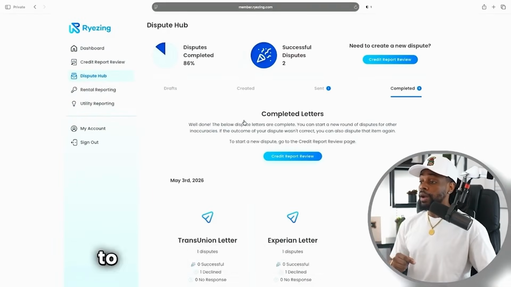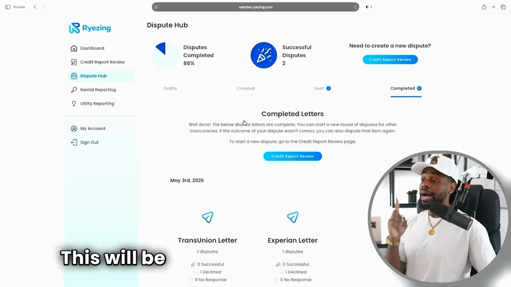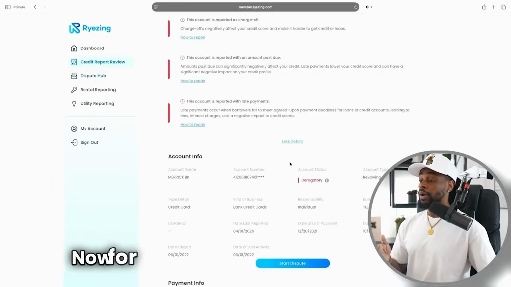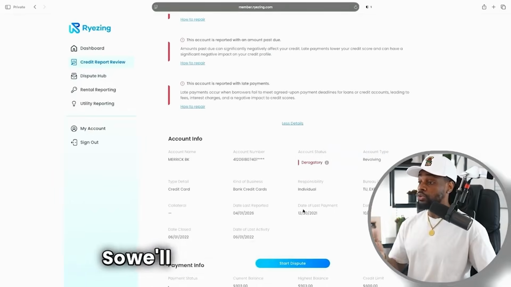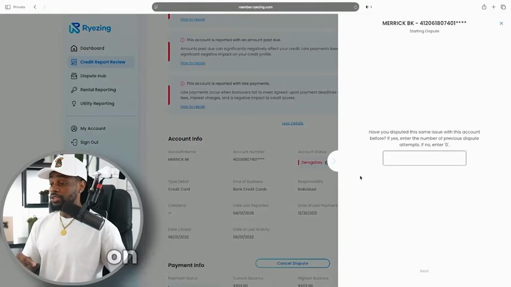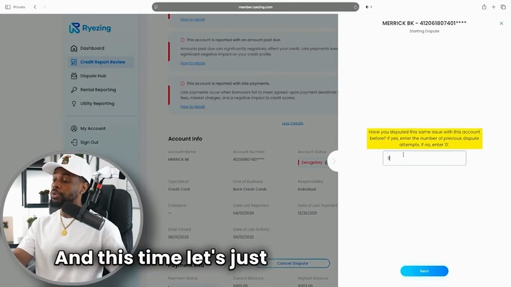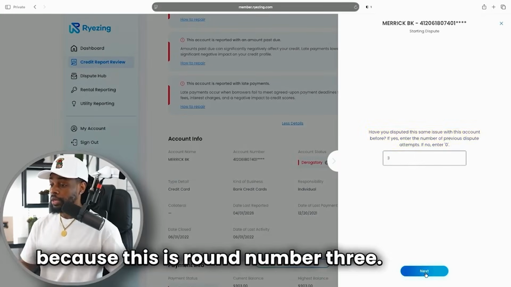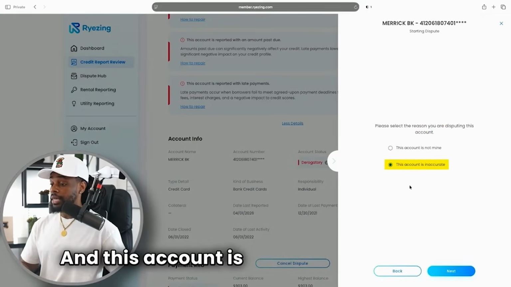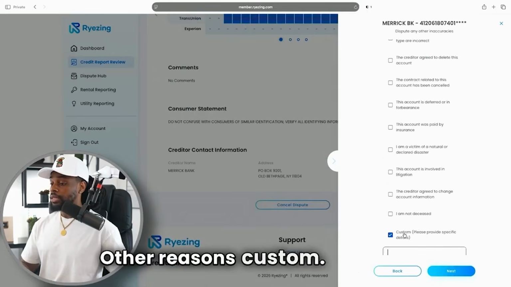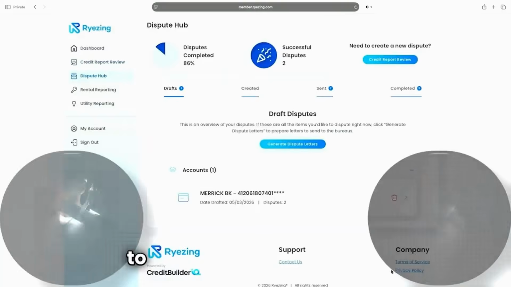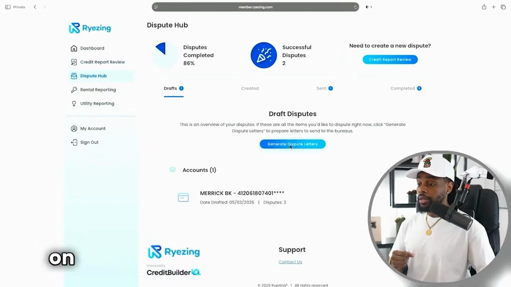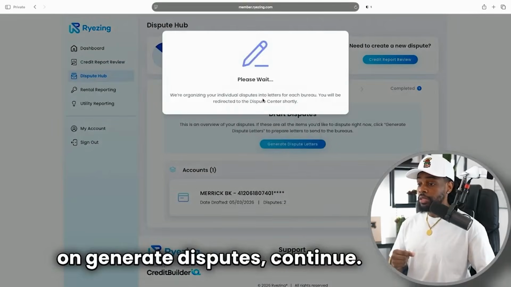Now let's move on to round number 3. This will be our factual dispute. Now for round number 3, this is when you should be looking at getting some deletions. So we'll do everything once again. We'll click on start dispute. And this time, let's just put 3, because this is round number 3. We'll click on next, and this account is inaccurate. Other reasons, custom. And now let's use our round 3 verbiage. All right. And then we'll go back to draft disputes, and then we'll click on generate disputes, continue,